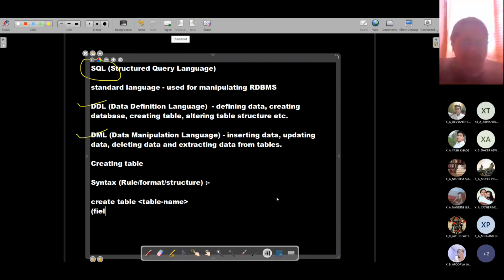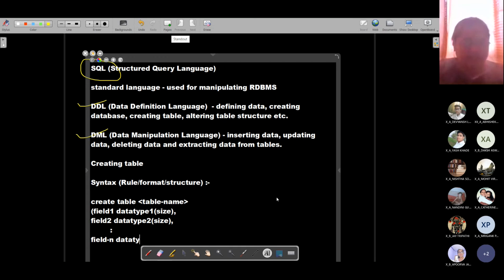Field 1, data type 1, and we could have its size or length. Okay. Same way we will have field 2, data type 2, and its size. And likewise we can have n number of fields, that is field n, data type, and finally close the bracket.